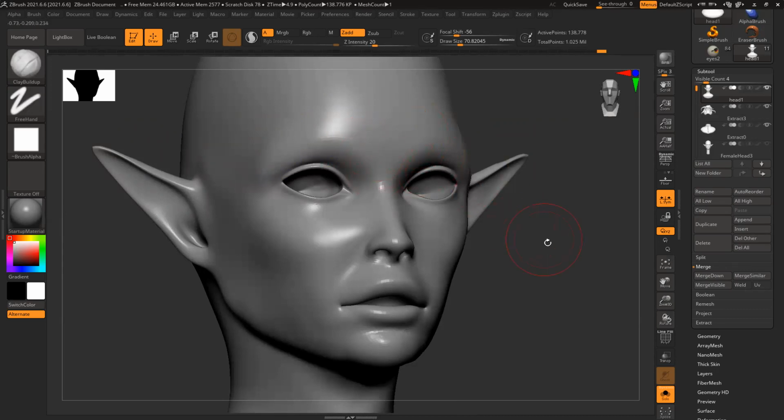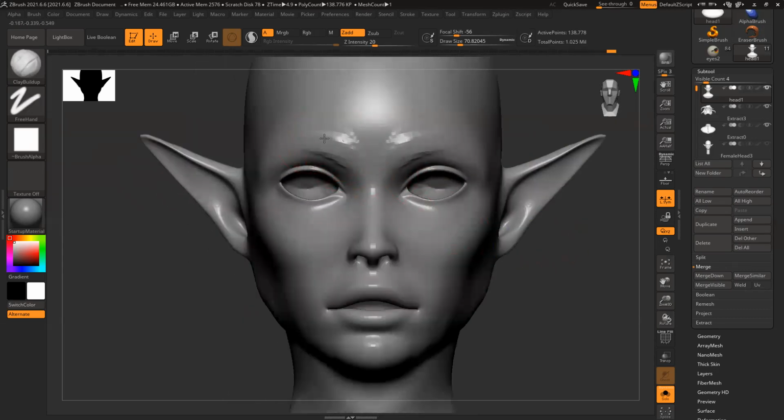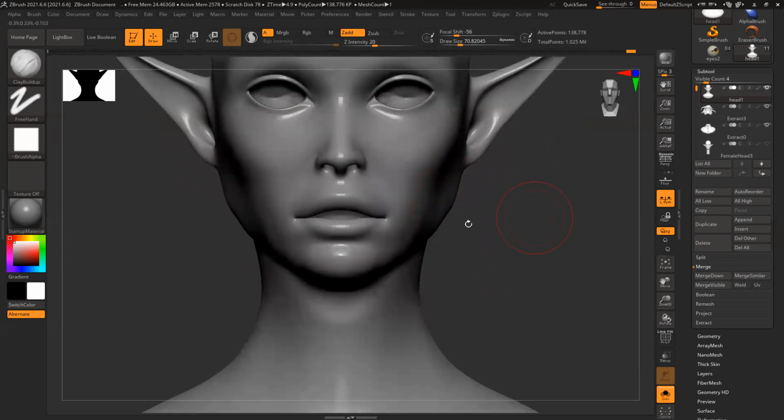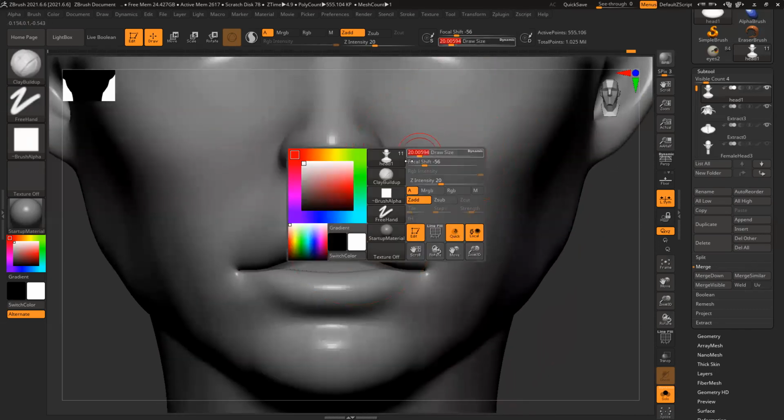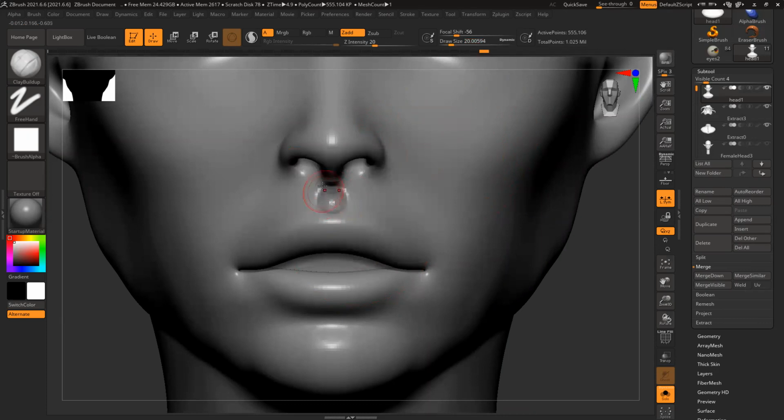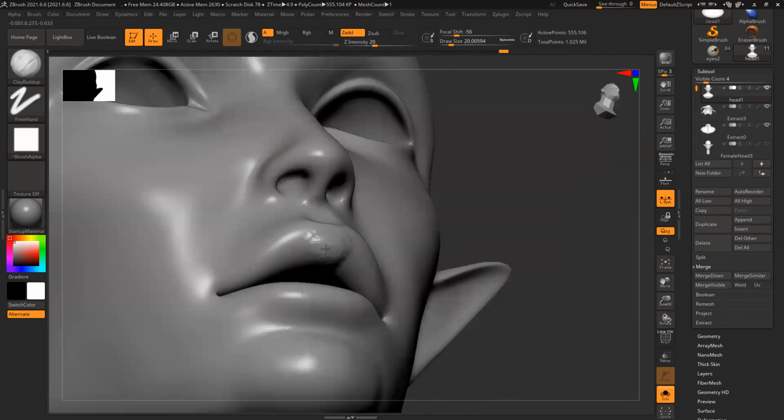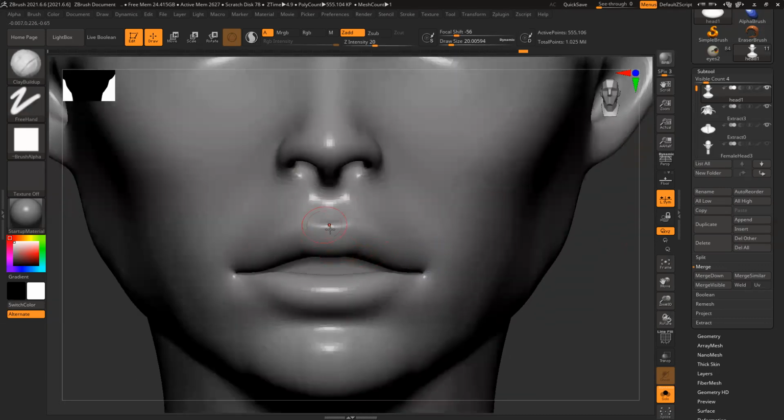Temporal bone can be slightly stronger. Add those volumes slightly.